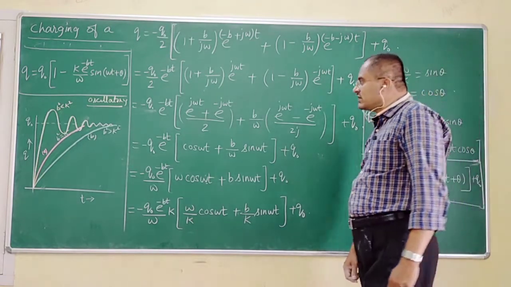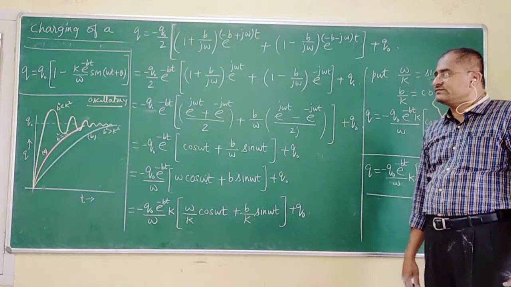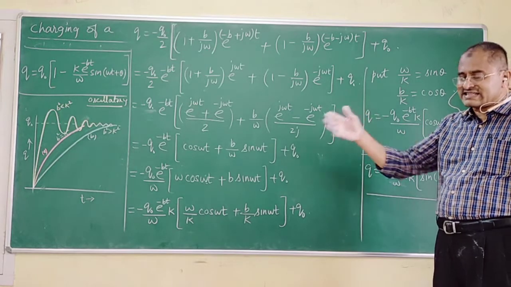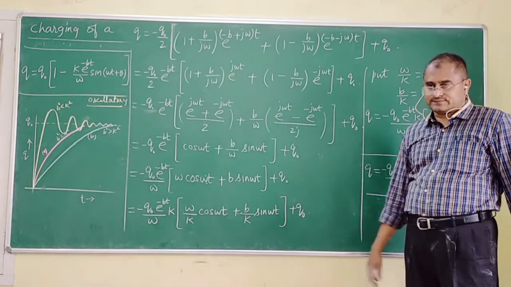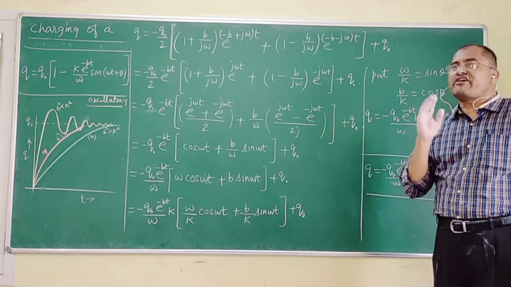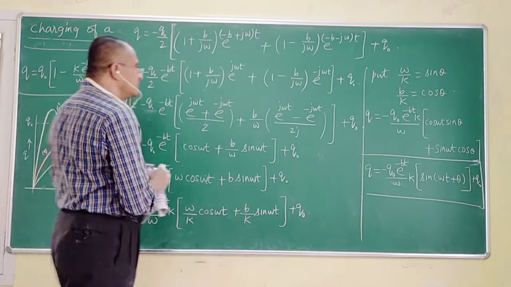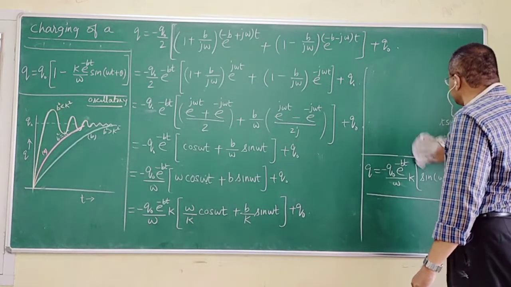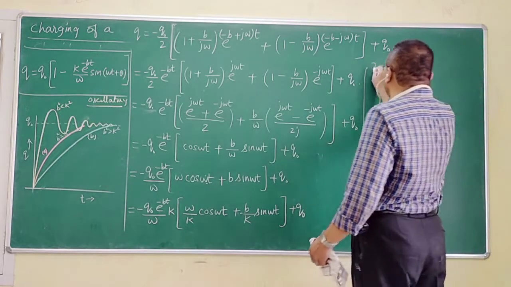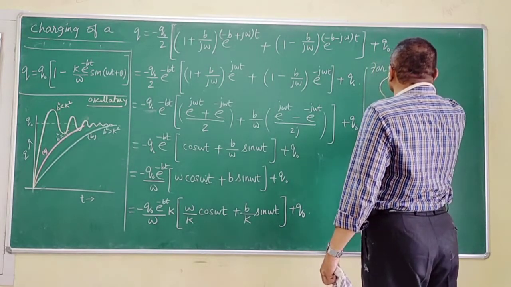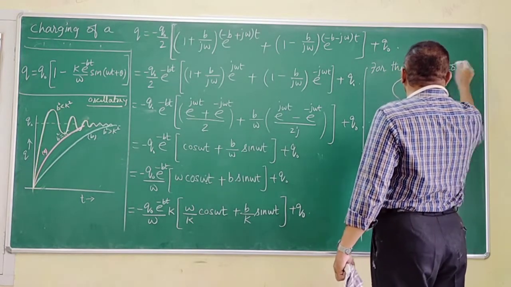One more important thing I would like to highlight here is the question paper may ask you, giving the values of L, R and C, check whether the circuit is oscillatory. If oscillatory, find out its frequency. What do you need to do? Let me tell you what you have to do. If you are able to see the board here, for the circuit to be oscillatory,